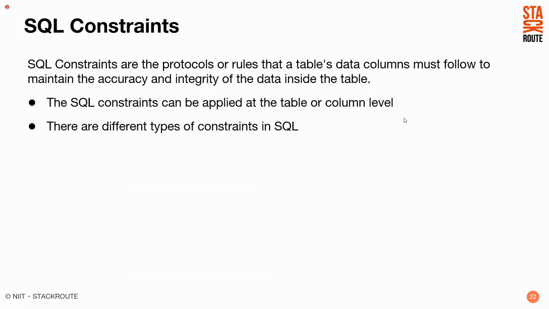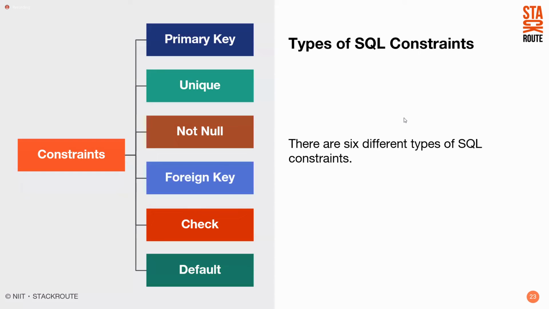Constraints are protocols or rules that I want to apply for a column, so that every time whenever I'm inserting the record, the data must maintain the accuracy and integrity of the data inside the table. So we can apply the constraint for a whole table or for a column level. There are different types of constraint. I'm sure as of now you are familiar with all the constraints, starting from primary,